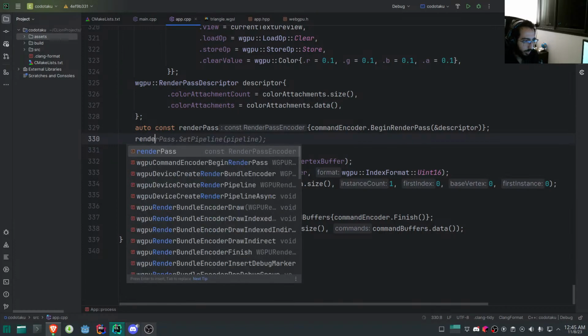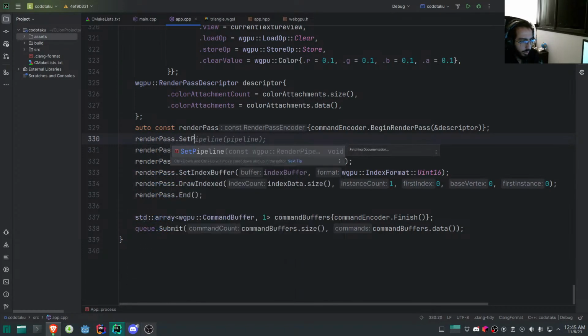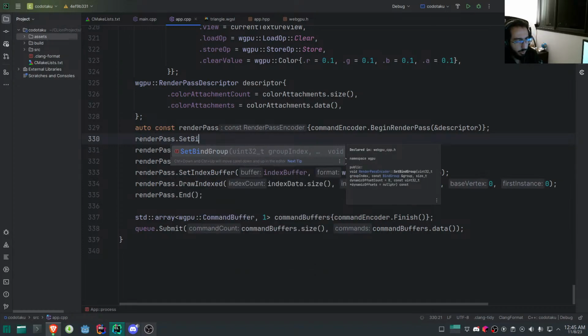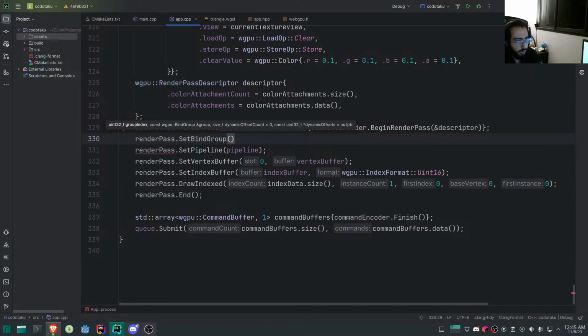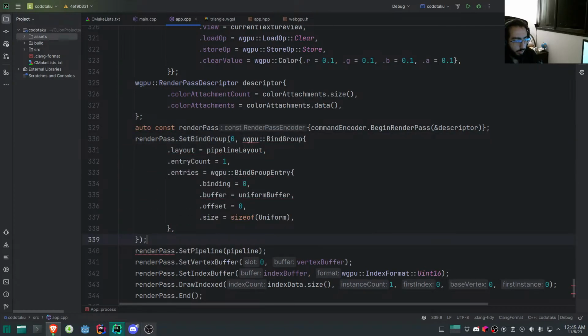Render pass set. Yeah, I just set the bind group. Here the group index and dynamic offset count and dynamic offsets. The group index in this case is 0, and the bind group,